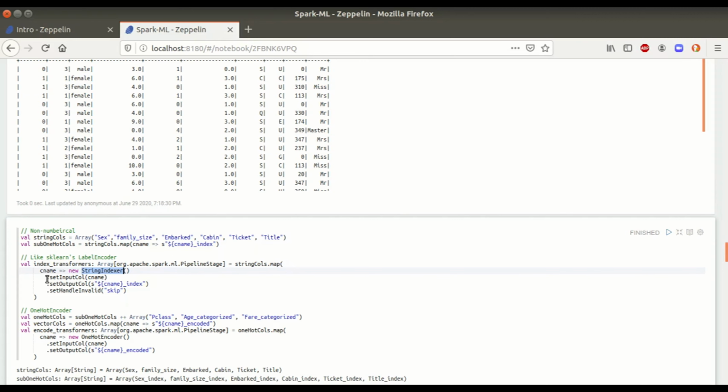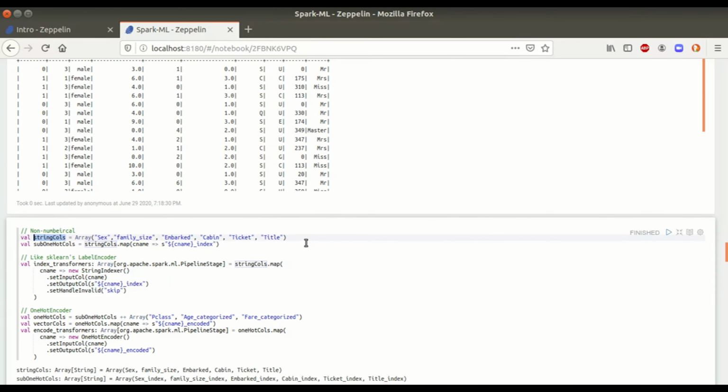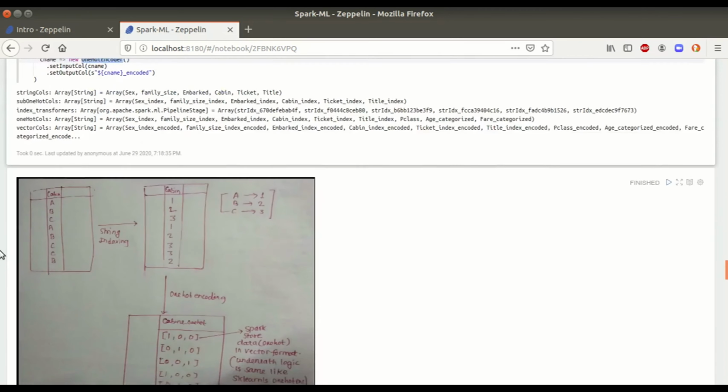The only difference in practice is that we have to specify the input column to which we want to apply this, and the output column which we want to get after the pre-processing. So this is the string indexer which I am applying, and I had created an array of string indexers first. After applying them, I have some one-hot encoder columns, and along with that we are also selecting these string-indexed columns, and then we apply the one-hot encoder on all the data which we have.